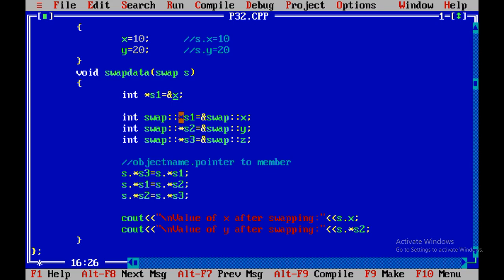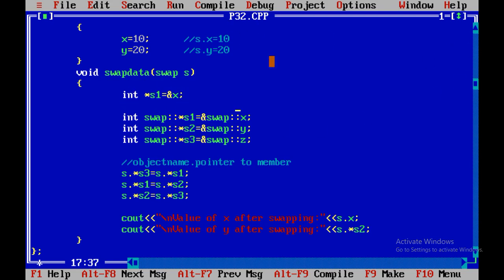Over here s1, s2 and s3 are objects of the swap class. So this is the syntax: the name of class, then scope resolution operator, then pointer s1, and then the ampersand sign, again the name of class, scope resolution operator, and the normal variable. So in this way we can use the pointer to the member.